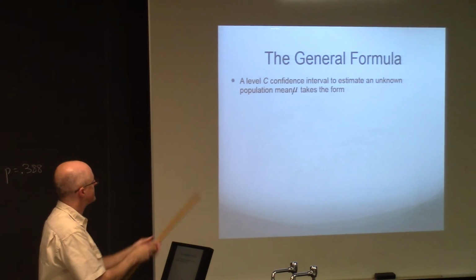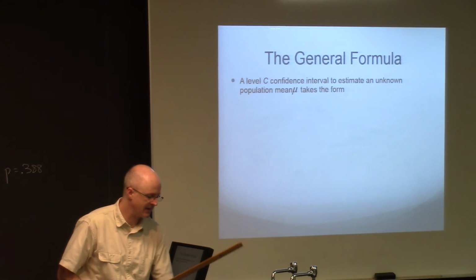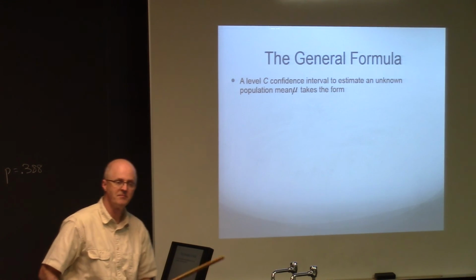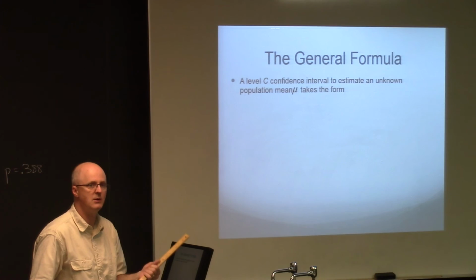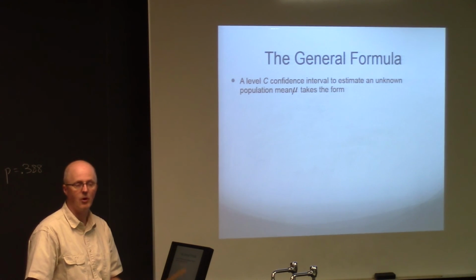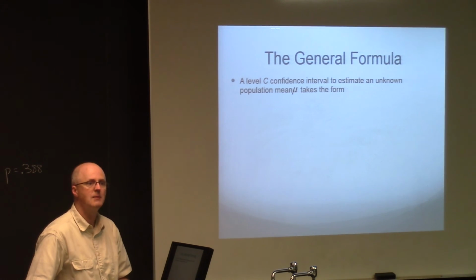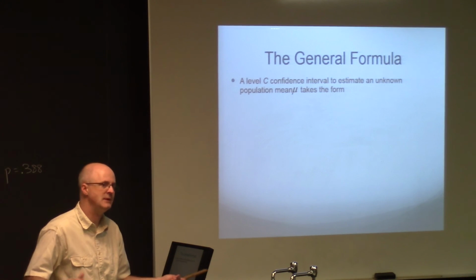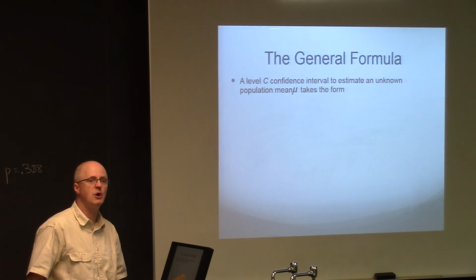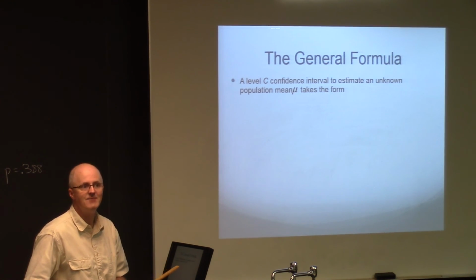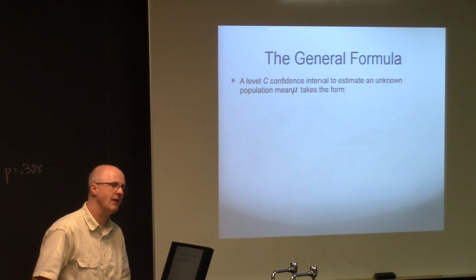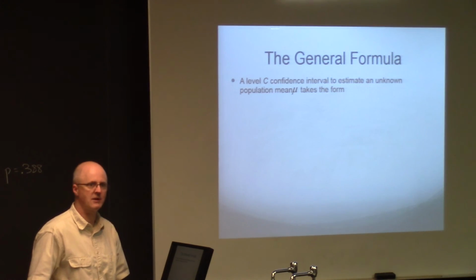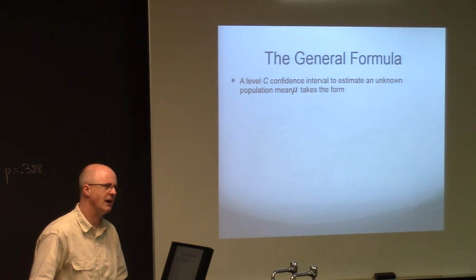The letter C in this chapter is the letter that represents the confidence level. The most common C to use is 95%, or 0.95 as a decimal. But it's not set in stone. You don't have to use a 95% interval. You could use a 99% interval if you want to be more confident, or a 90% interval if you want to be less confident. Now you might wonder, well, why would you want to be less confident? Wouldn't you want to be more confident?